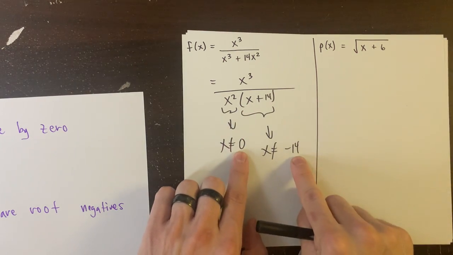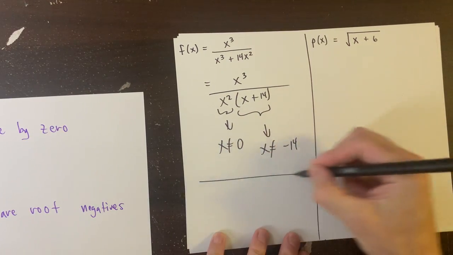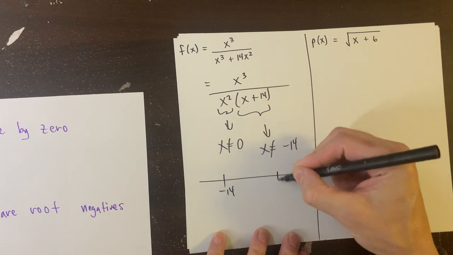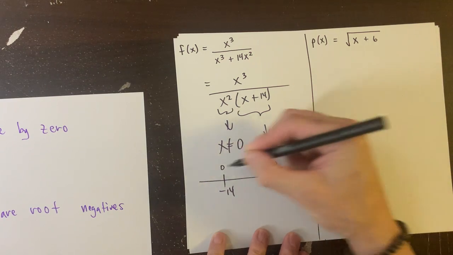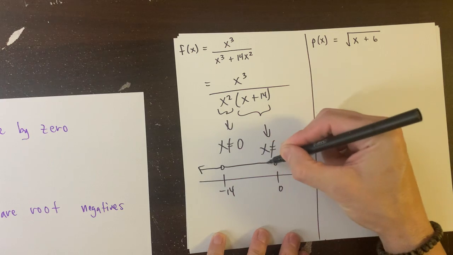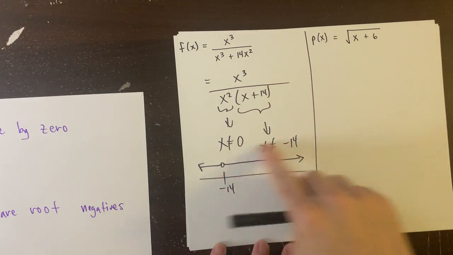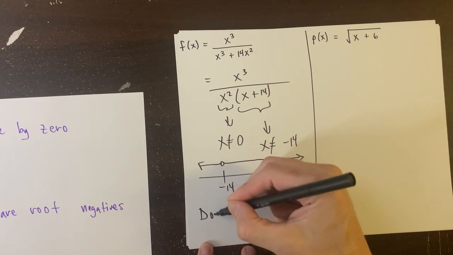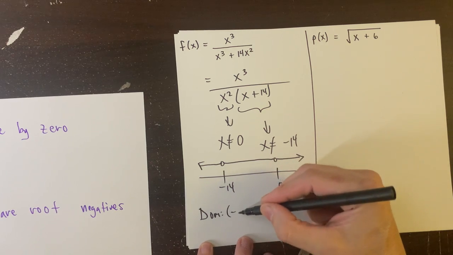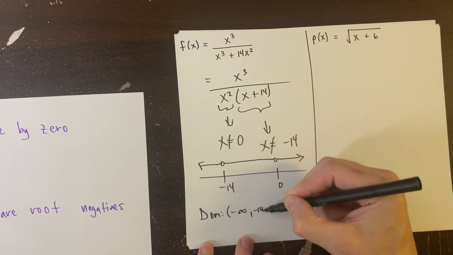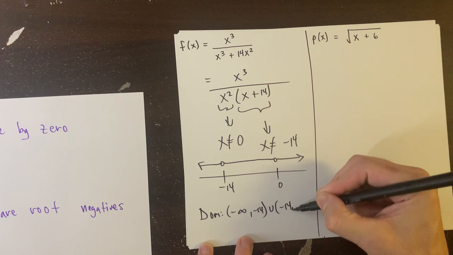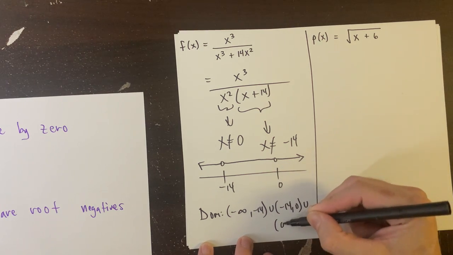So these are the two numbers that are bad. And so we're going to remove negative 14 and we're going to remove 0. And I always draw this little cartoon because it helps me with my answer. So the domain would be from negative infinity to negative 14, union, negative 14 to 0, and then union 0